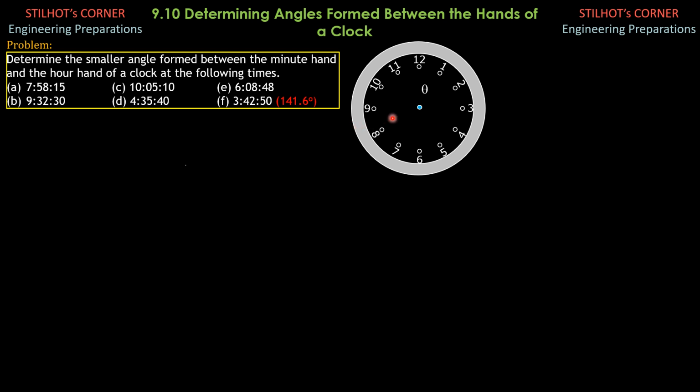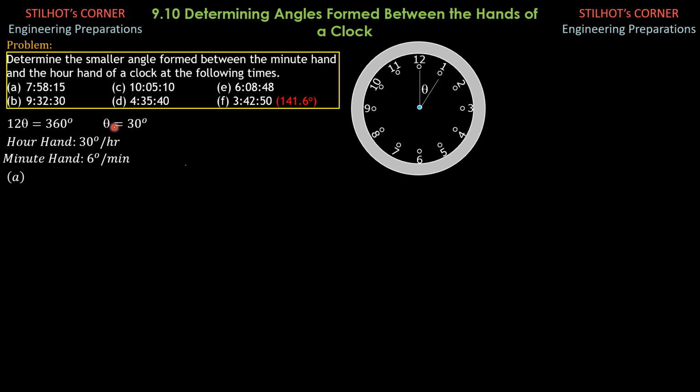So the principle is we have a clock here, and remember the clock, one revolution or 360 degrees, is divided into 12 equal parts. We have 12 marks here, spaced equally apart. So 12 thetas equals 360, then theta is equal to 30 degrees. Since the rotation of the hour hand is one graduation in 1 hour, the angular speed of the hour hand is 30 degrees per hour. For the minute hand, this is 5 minutes, so 30 degrees per 5 minutes or 6 degrees per minute. That's the angular speed of the minute hand.